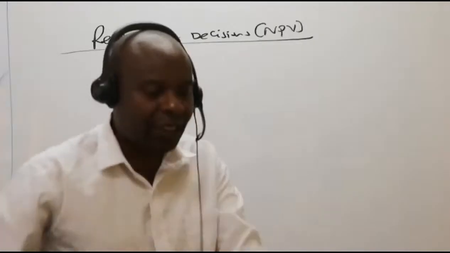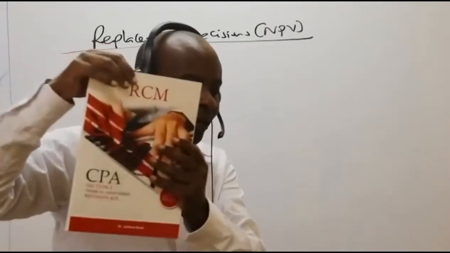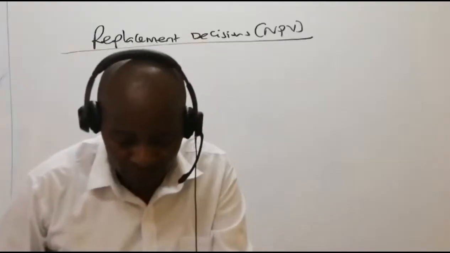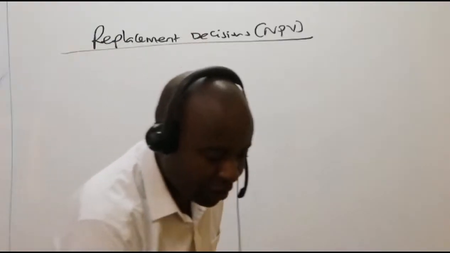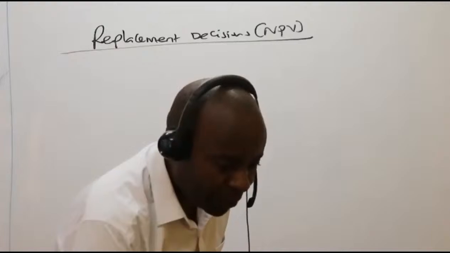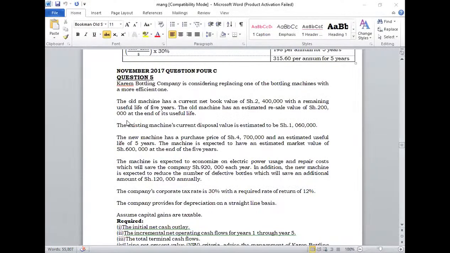your revision kit. This revision kit here, you go to page number 102. RCM's revision kit, page number 102. We are told Karim Bottling Company is considering replacing one of the bottling machines with a